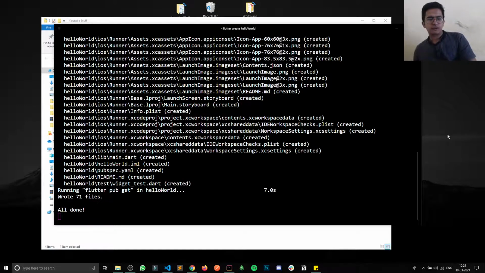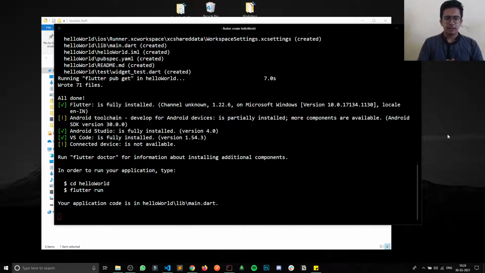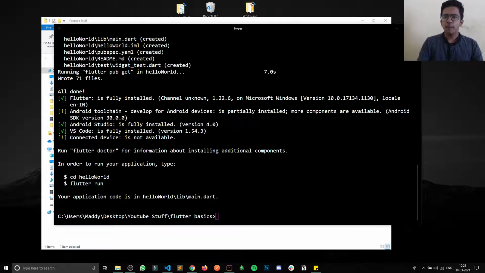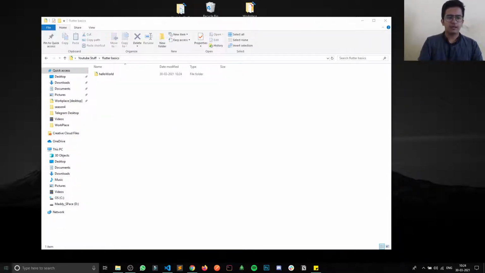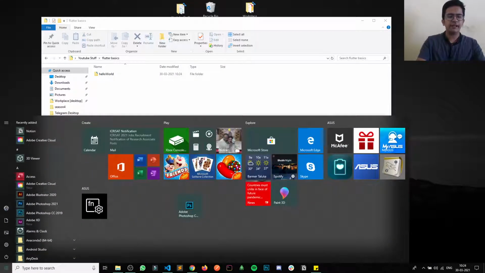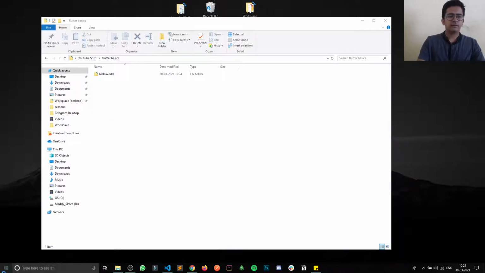Okay, so the project has been created. You can see how fast it is at creating the project. Basically what I will do now is open this in Android Studio, and then I will show you how you can create the emulator, which I will launch in some time to show the output of the project.